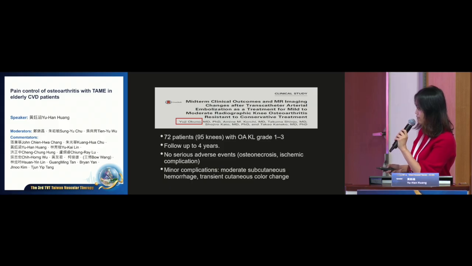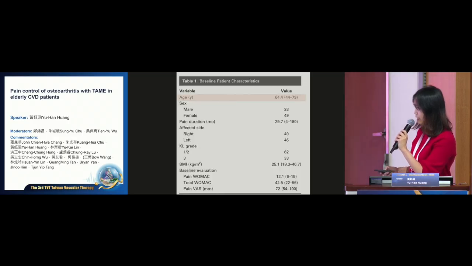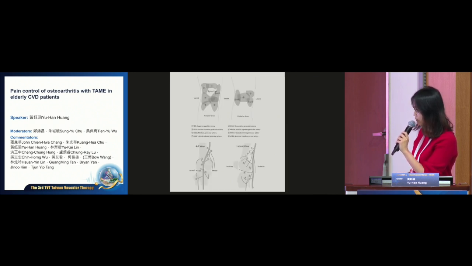and MR image change after transcatheter arterial microembolization as a treatment for mild to moderate radiogenic knee osteoarthritis resistant to conservative treatment，是Okuno医生的创作这样，然后主要没有serious的一些side effect，像osteonecrosis或是ischemia的complication。然后minor的complication就是有一些subcutaneous hemorrhage，或是有一些transient的cutaneous color change。那其实TAME OA的话，大家都知道，其实就一定是中年嘛，就是60几岁的年纪，然后它这边重点就是会希望在mild to moderate的grade，如果是在grade 4的话，效果会没那么好。它paper上面指出，这是最重要的一张图。它其实就是，如果是medial knee pain就是